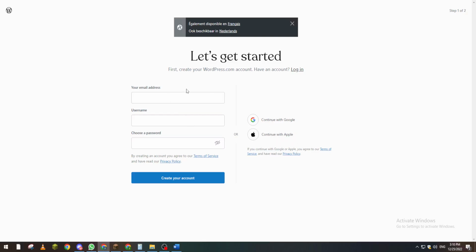So once you do all these steps, they will give you the option to create a domain name. You have to create a domain name by choosing the free domain name, which will be something like yourdomainname.wordpress.com, or you can buy your own domain name from the WordPress company, and it will not really take a lot of your time and it will not cost a lot. So it will be something like around $5. Right after that you click on next,